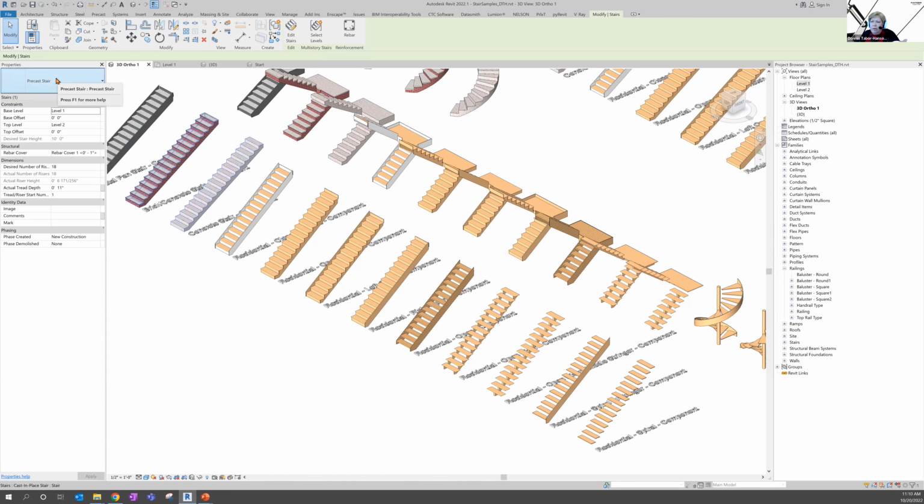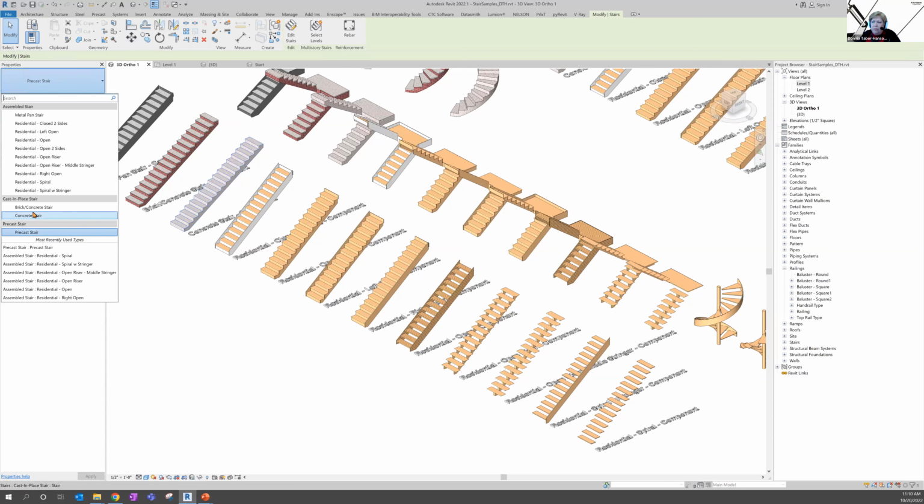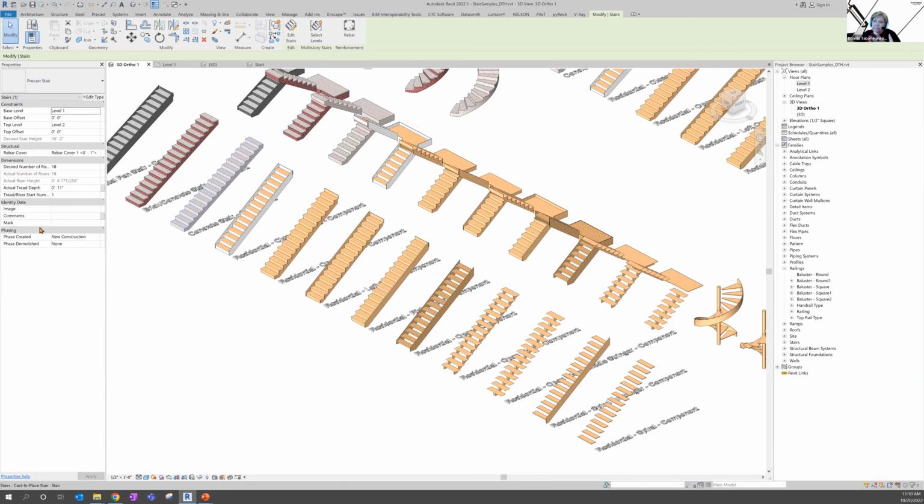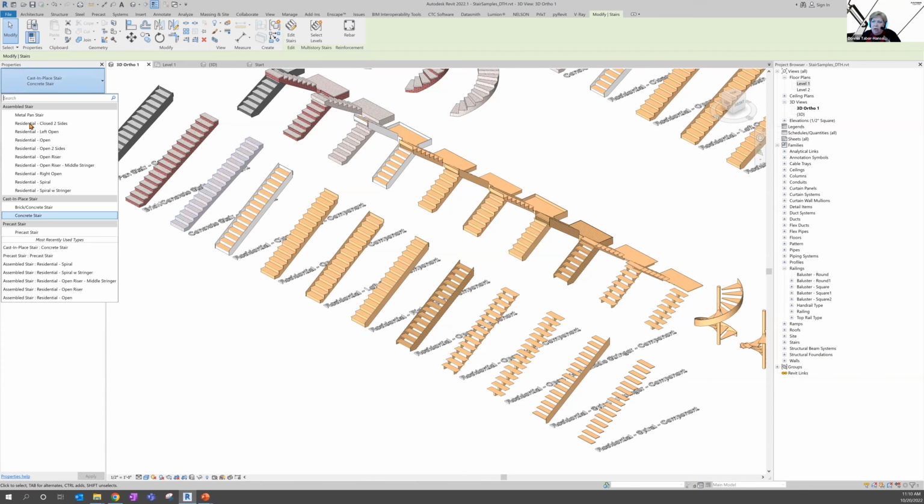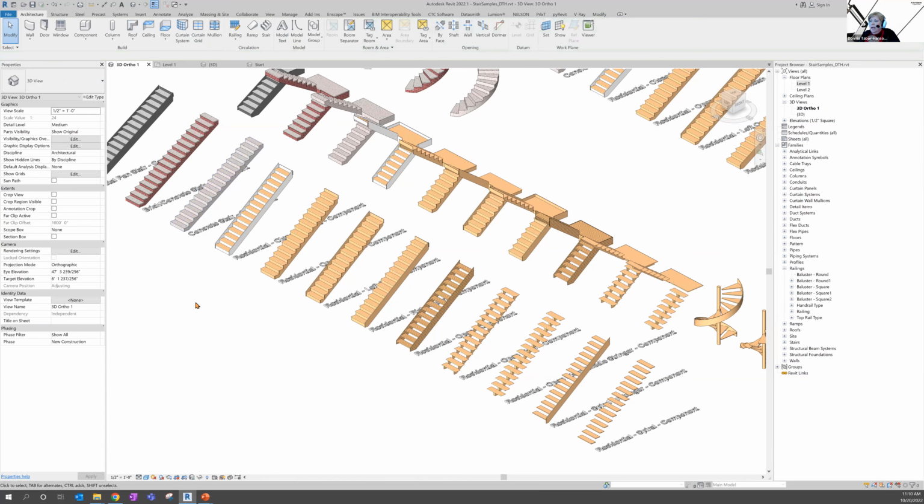But under the precast stair, there is only the one type. Under cast in place, I have two. I have the brick and the concrete stair. So you do have different types in here of the different system families that you can have: assembled stair, cast in place, or precast stair. And they all have different functions. The symbol means you're going to have the different pieces and parts. So let's start looking at